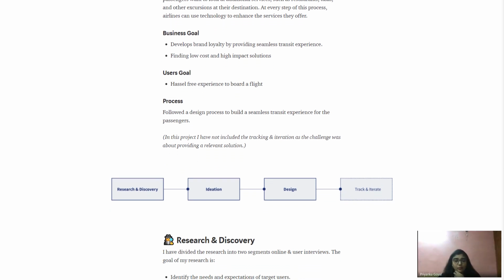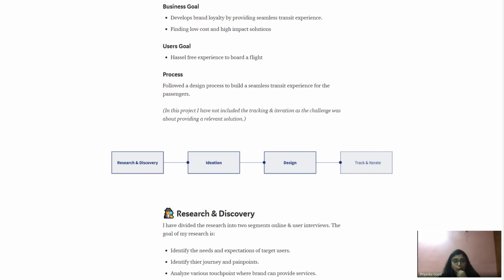Plus I have also highlighted the process, because I want my interviewer to have that little knowledge about कि मैं क्या process follow कर रही हूँ in my case study. So he should have knowledge about it. Plus I am assuming that he will not read each and every word of it, rather he will just scan through my case study.